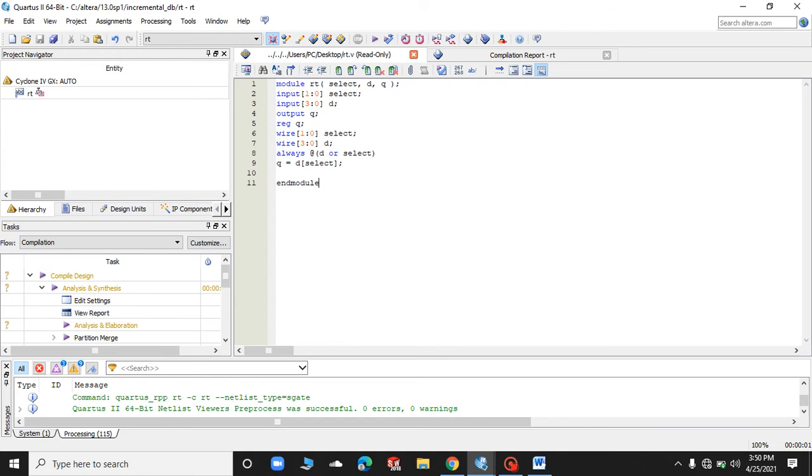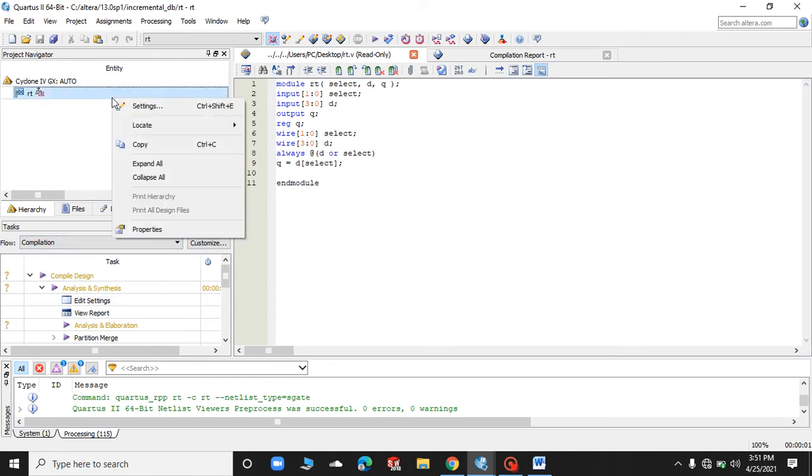You can see that the module is made by the name of RT, and we have three basic inputs and an output, that are select, D, and Q. The select input will be of length 1, and the second input, which is D, will be of length 3. The output will be Q, and the wires are connected, and in this way this whole circuit is made. I have run the simulation already because the simulation takes some time.